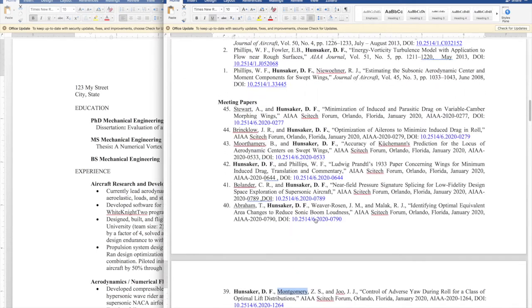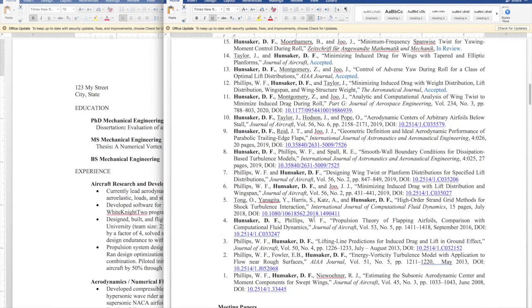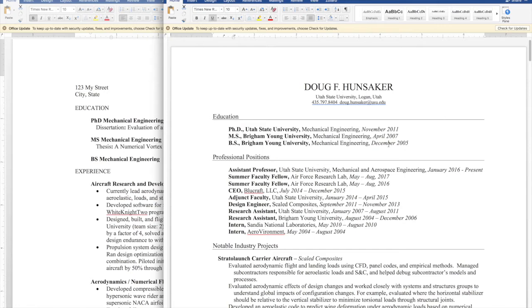So in some sense, you have to know a little bit about what they're looking for, how they're going to grade your resume, and make sure that those types of things are set apart and stand out in your resume.